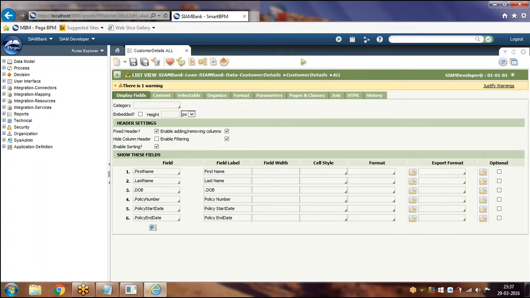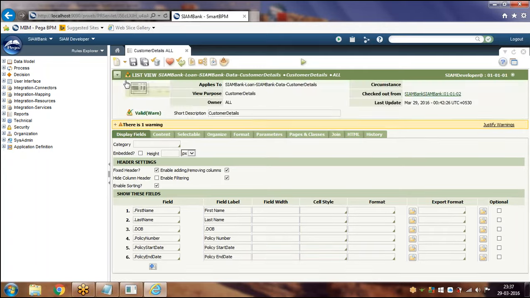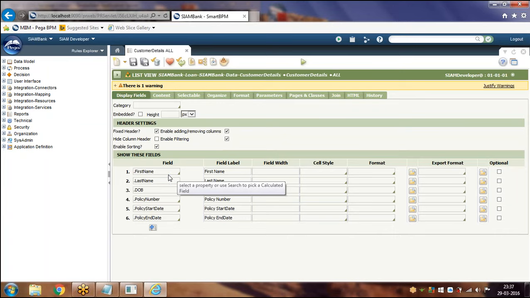If you observe, in this particular class, the exposed properties are first name, policy number, sorry, date of birth and policy end date.